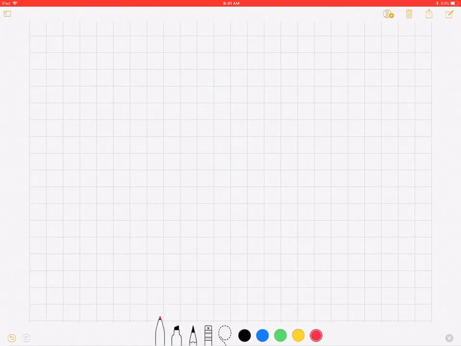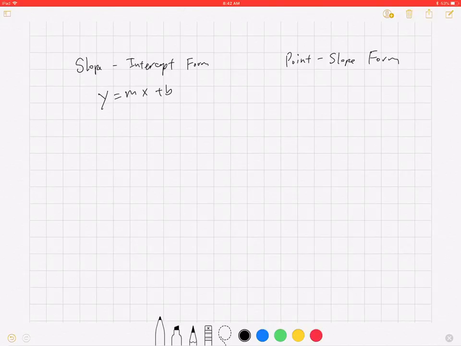So for review, we got slope-intercept form, y equals mx plus b. We have point-slope form, y minus y1 equals m times x minus x1. And then the last one, standard form. That's your ax plus by equals